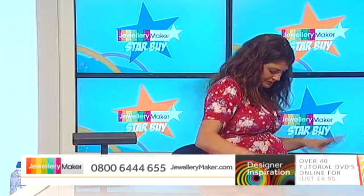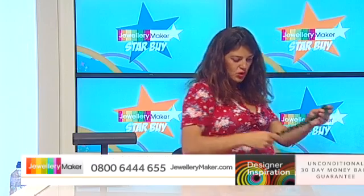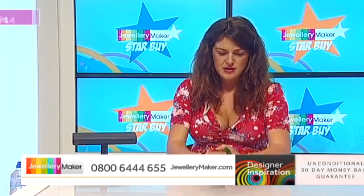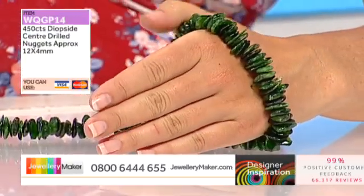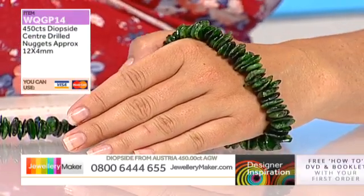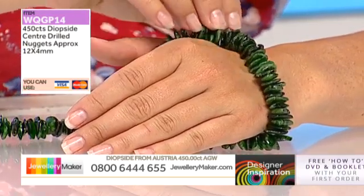Box number 4. Woohoo! Wow! This is a little bit funky. Take a look at this. Whole strand, different nugget shapes. Chromed oxide. Centre drilled nuggets,